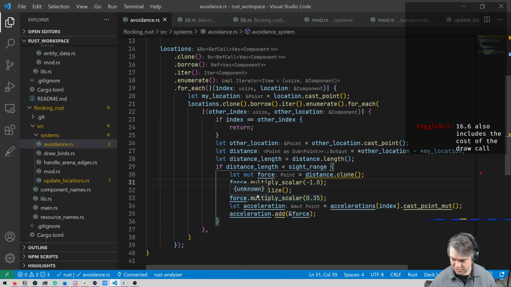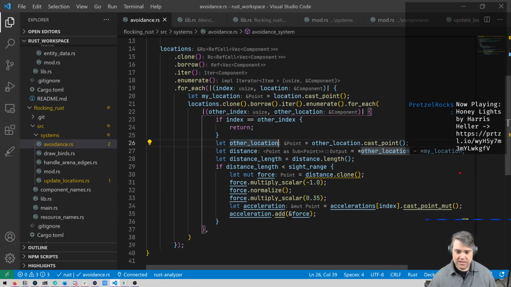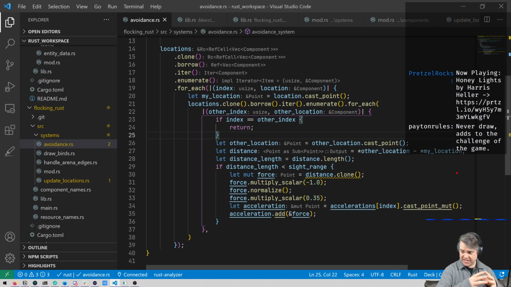But all right, so 16.6 also includes the cost of the draw call. Yes, exactly. And GGEZ is great, but we did find that their draw calls are surprisingly expensive. And the number of draw calls makes it really, really, really expensive really quickly. But using an ECS system like this with the different systems, I can work on